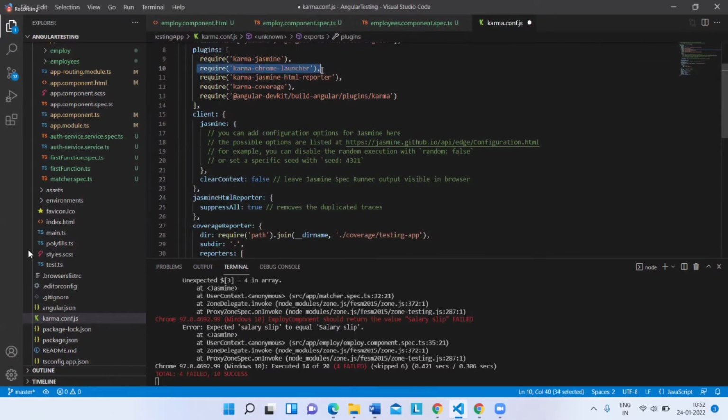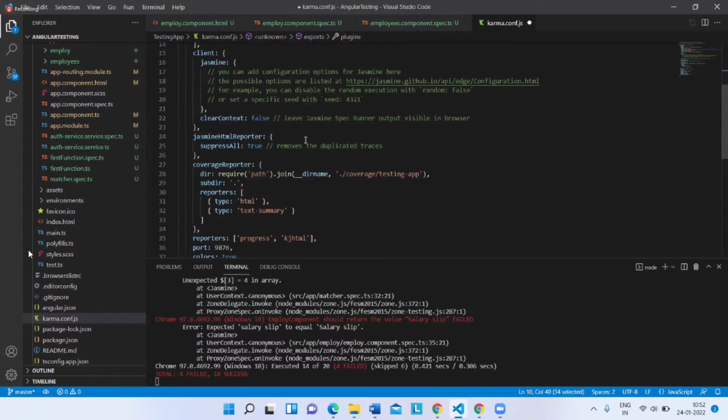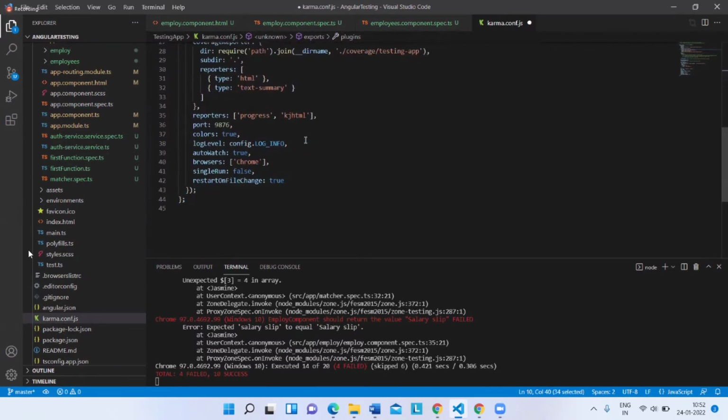The second thing is, after you add it, here you have one option called browsers. Under this browsers array you need to add IE, or whichever browser you are using. So it is in two places: one is in the browsers array.